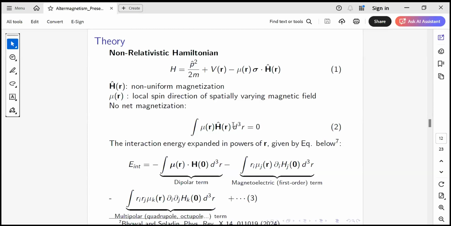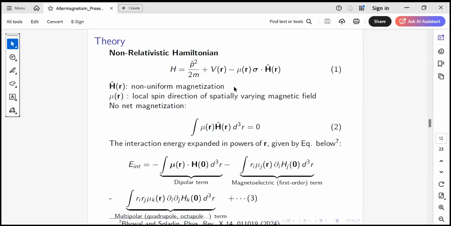Even if there is no spin orbit coupling, how has the band splitting been generated? There has to be some internal magnetic field, but our calculations or DFT cannot capture or trace that magnetic field. But what is that magnetic field, I will explain briefly here. So the non-relativistic Hamiltonian looks like this: H is equal to P squared over 2M, that is the kinetic energy, plus the crystal potential, minus the potential due to the internal magnetic field.